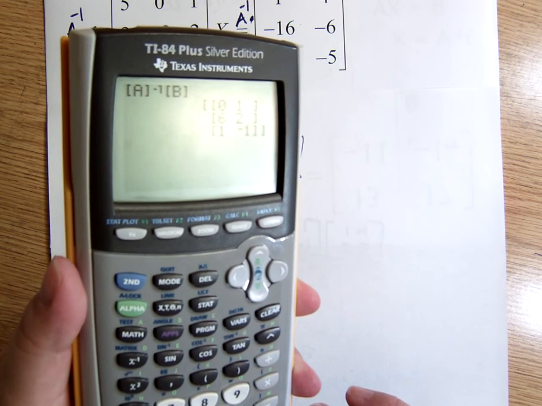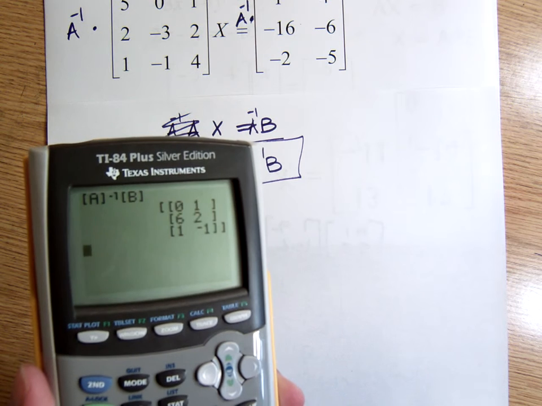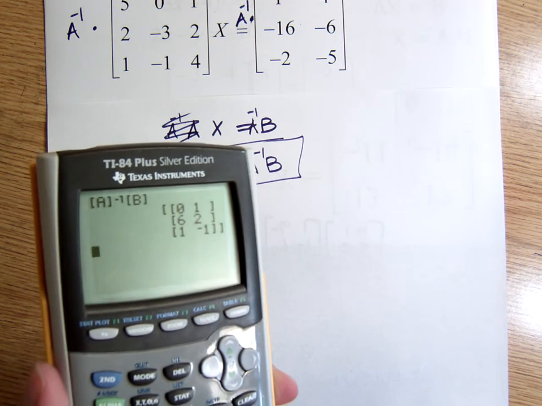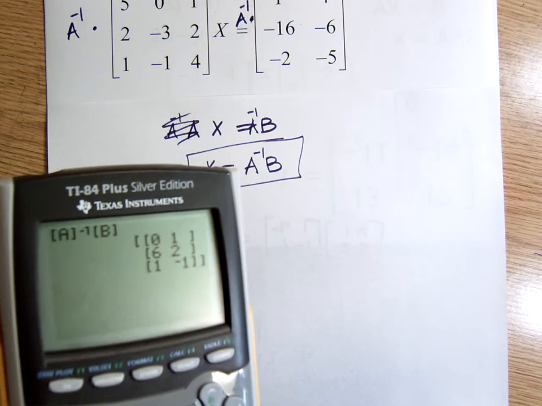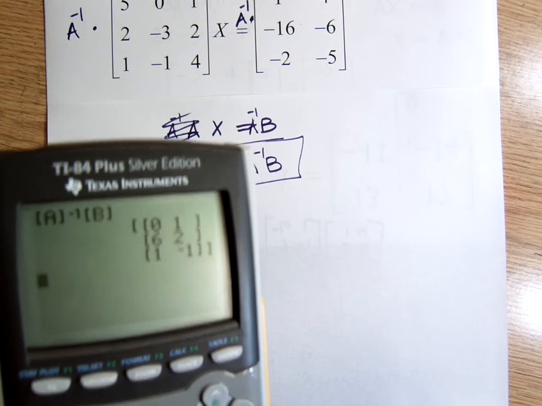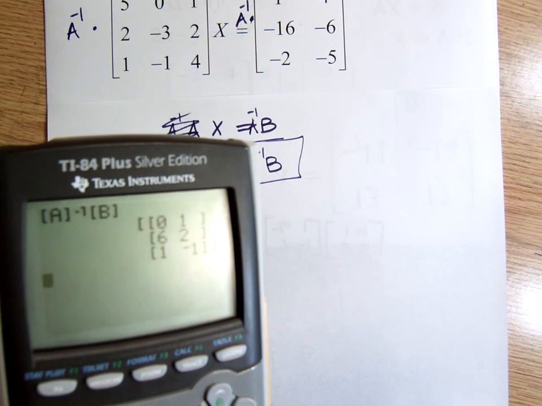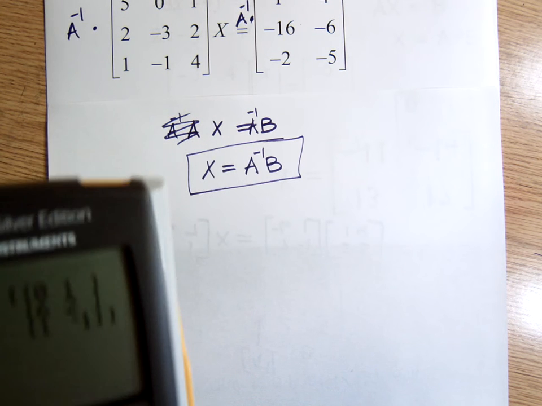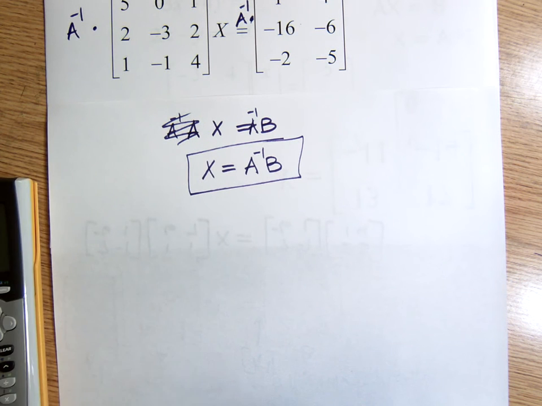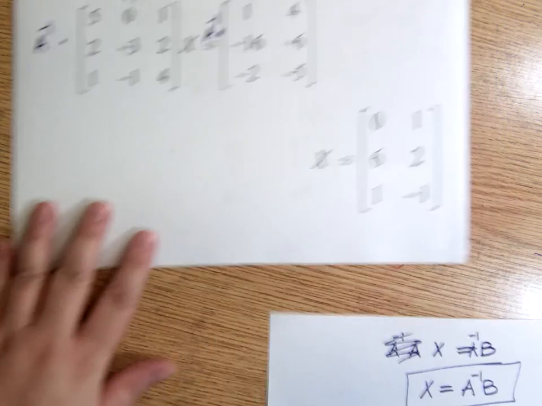And my matrix, for a second there, I thought it was blank. My matrix is going to be 0, 1, 6, 2, 1, -1. Please be careful that you do not write your matrix just the same way that a graphing calculator does. Graphing calculator doesn't know better. You do. So write it like a matrix, not like that. So my answer should be 0, 1, 6, 2, 1, -1, and that's how I write it, like a real